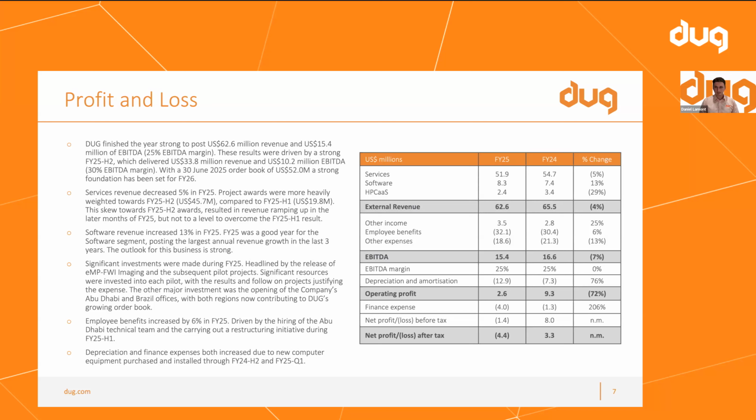And then D&A, we're seeing that step up in depreciation, but that's just us seeing a full year now of the new compute assets that were purchased in FY24 half two and in FY25 Q1. And so what we're seeing both through the finance expense and through the depreciation line is just a full 12 months of those assets being paid for. It's worth noting that the first batch of assets will be off the books, so to speak, at the end of January as well. So we're starting to get some of those